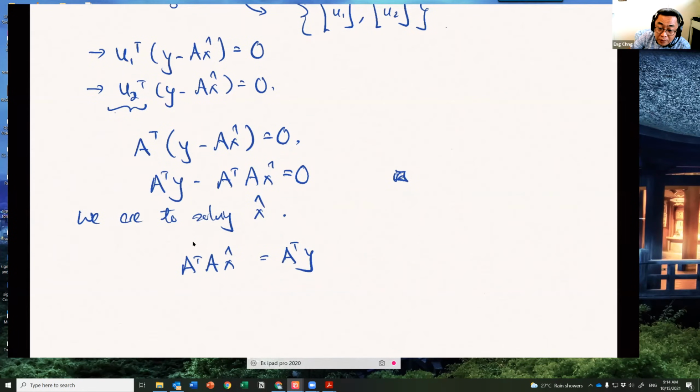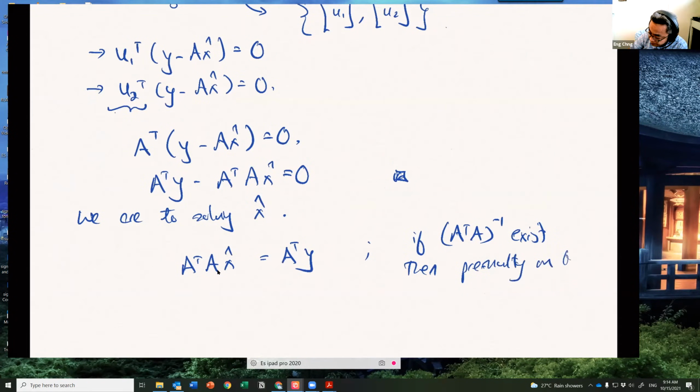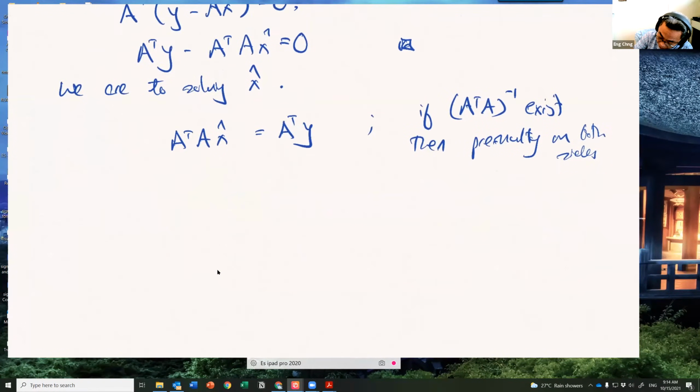We want to now get rid of A transpose A. If A transpose A inverse exists, then pre-multiply on both sides. What do we get? A transpose A inverse A transpose A x hat equals A transpose A inverse